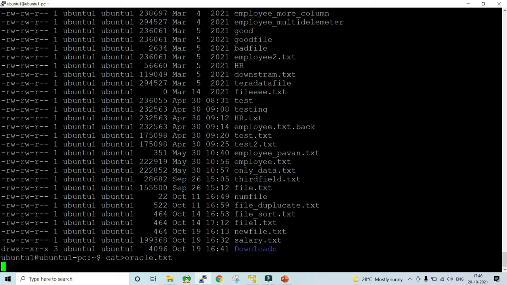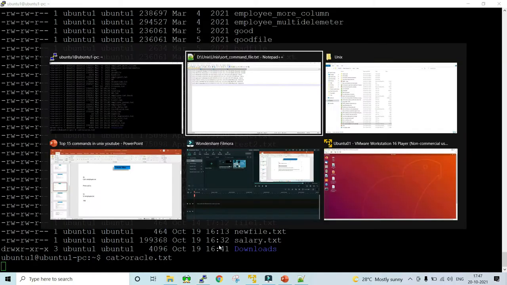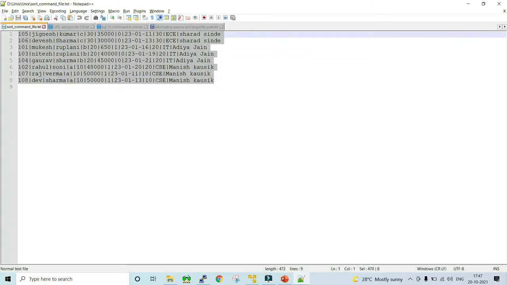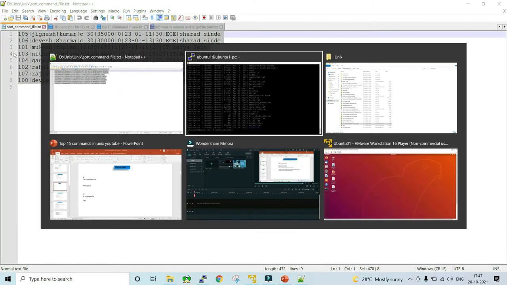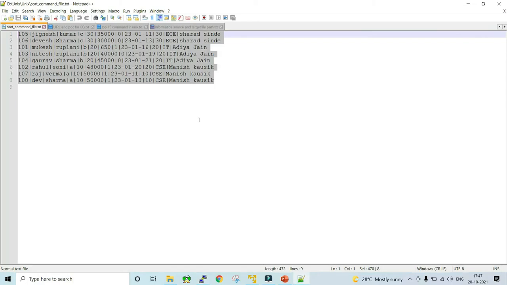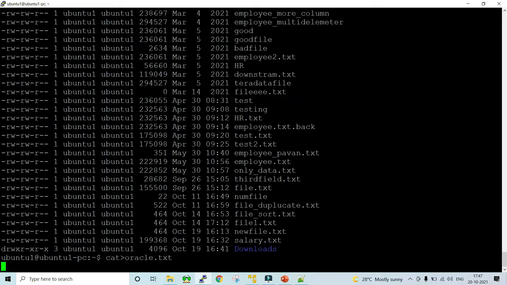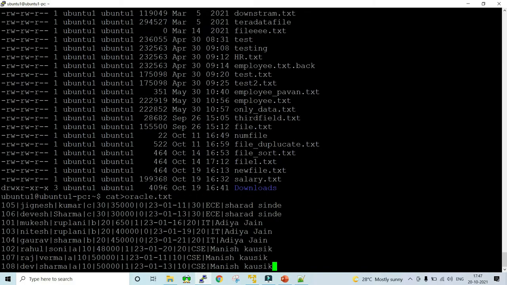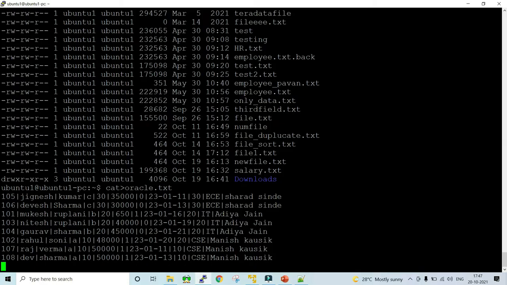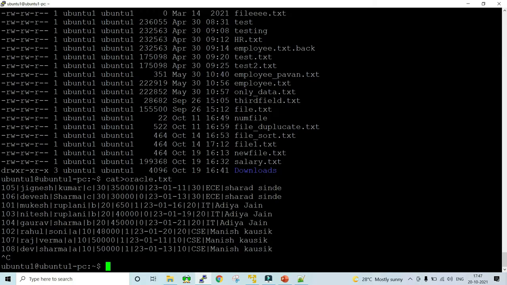Now whatever content you need to enter inside the file, you can type the content here or you can just copy paste the content over here. So this is the data, or this is the number of rows that I want to copy and paste in my Unix system, right? I have just simply copied the data from the notepad file, and here you can press either Shift+Insert, or you can just do a right click from your mouse. If you do a right click of your mouse, all the data that you have copied will be pasted over here. Now press the enter key and press Ctrl+C. Once you do a Ctrl+C, you will be coming out of that file.